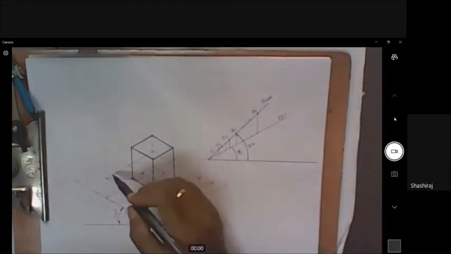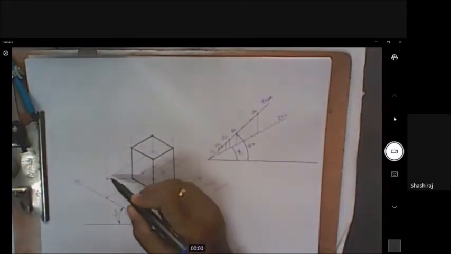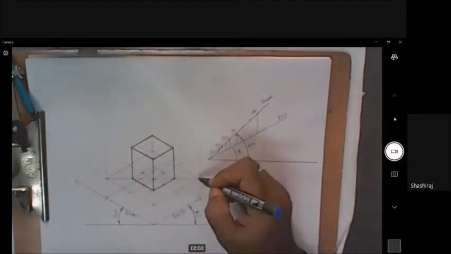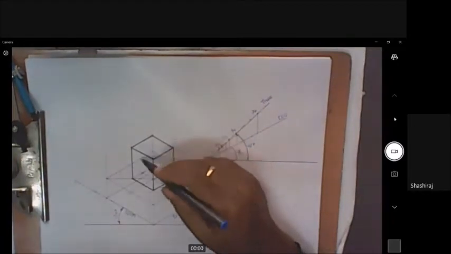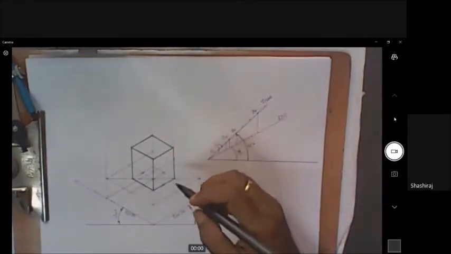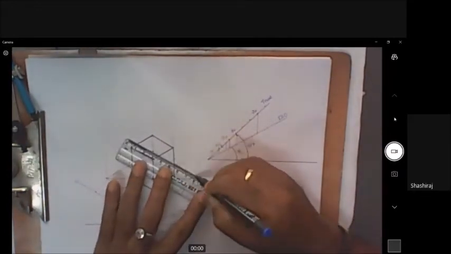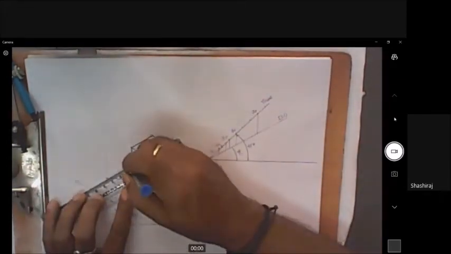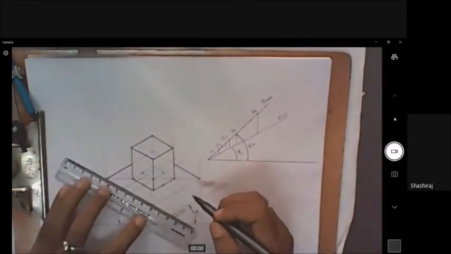But observe, this edge you observe, this is the top face of the bottom solid. But this edge will be visible only till here. Beyond this, it will not be visible because it is covered by the top solid. Similarly, this edge will be visible only till here, and beyond which this solid covers it, so it will not be visible. So I have to show the visible part of that edge. I'll show it like this. So this is the portion visible edge on the bottom solid, top face, and this is another portion visible edge. And these 2 edges are visible because they are not covered by anything. So you have to mark this visible.